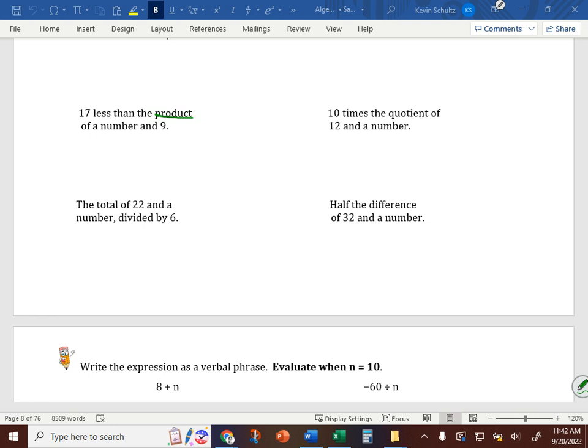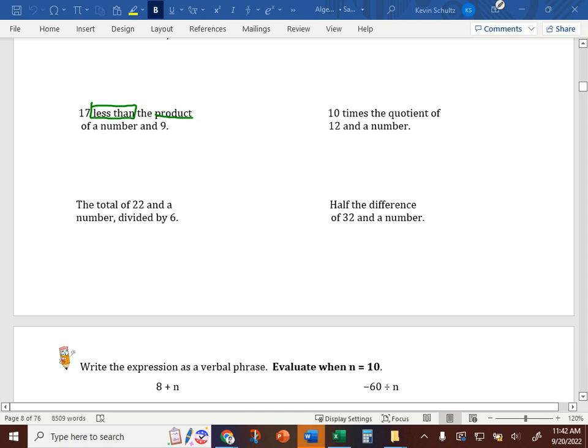The reason we're thinking parentheses are involved here is because just like sum is the answer to an addition expression, the word product means more than just multiplication. It's the answer to the multiplication. So we do need to get that answer first. 17 less than the product means we have to know what that product is. We also have this less than phrase, which if you look back at the top was starred,